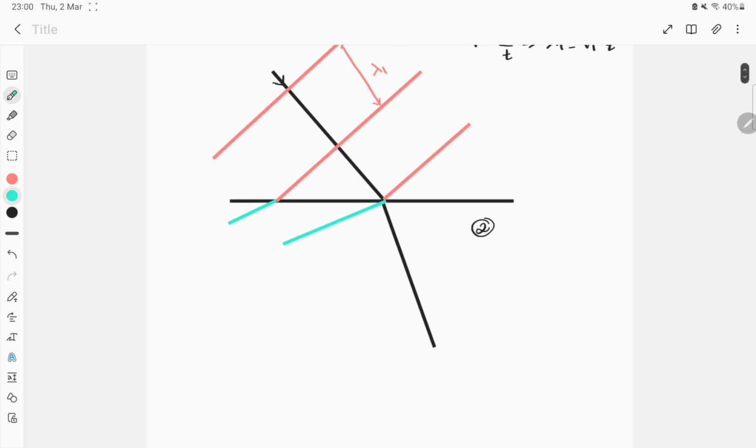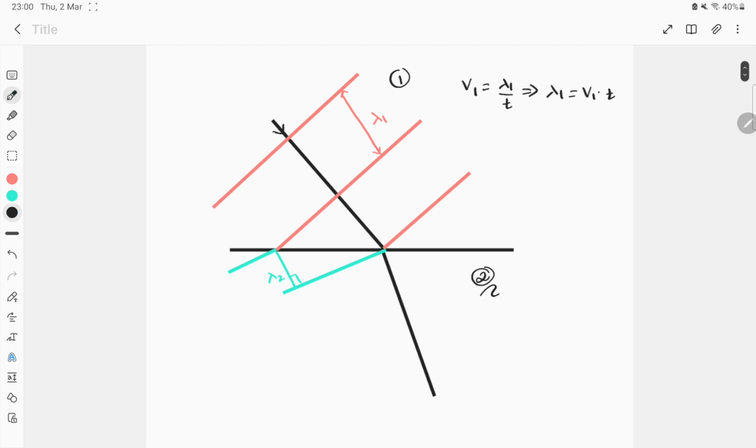Now let's go to medium 2, which is represented with blue color. There are two wave fronts. Obviously you will see that the wavelengths are different because there's a change in medium. If I drop a perpendicular over here, then this represents my wavelength in medium 2. So if I assume that velocity in medium 2 is v2, which is wavelength in medium 2 upon time, I get wavelength in medium 2 is velocity in medium 2 into time. Remember, both the time values are the same because even though the speed and the wavelength change, the frequency remains